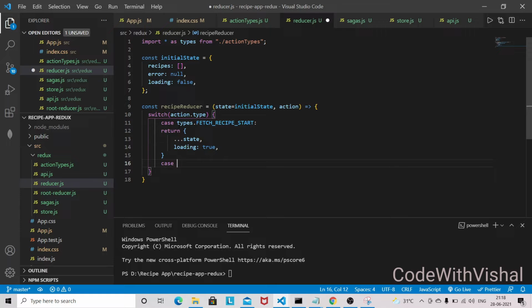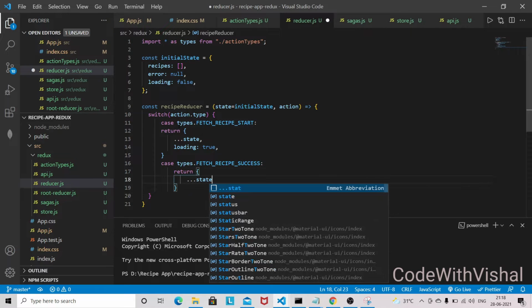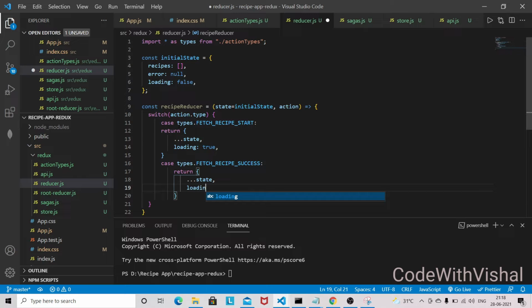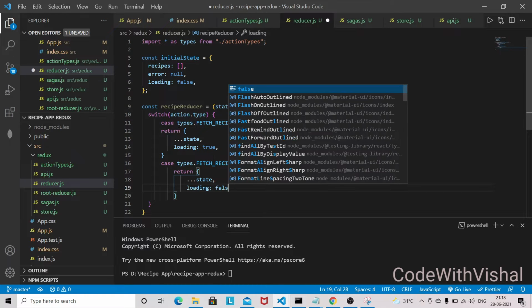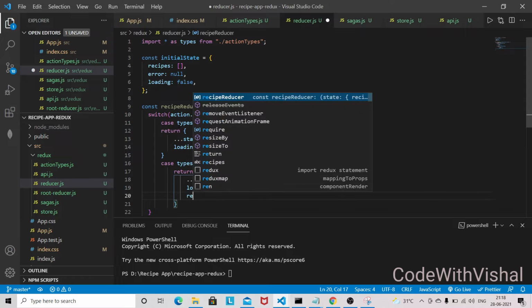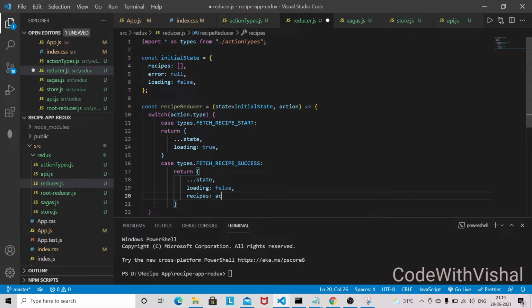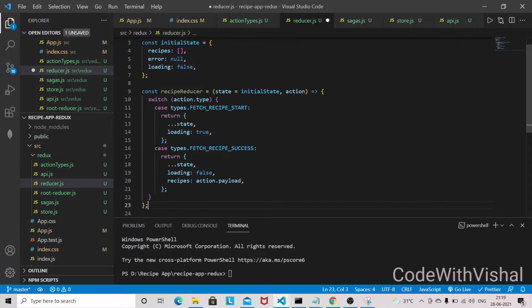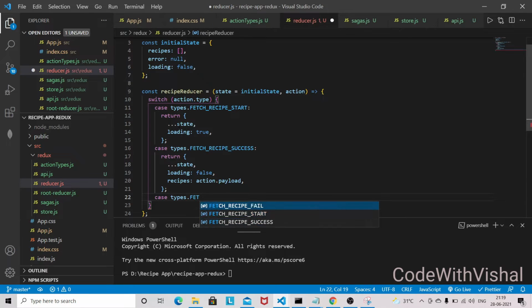And the other case, fetch recipe success, we are going to return. I'm going to spread out state. In that case, loading will be false, and the recipe state is going to be action dot payload. Now the last case, fetch recipe fail.